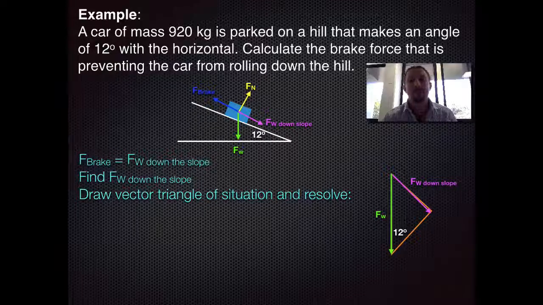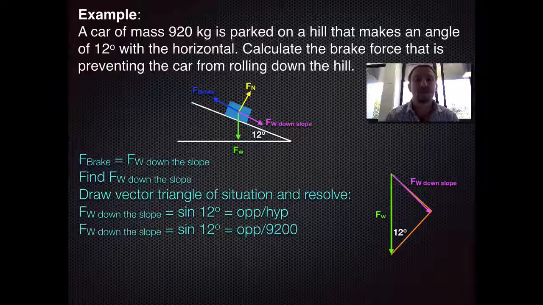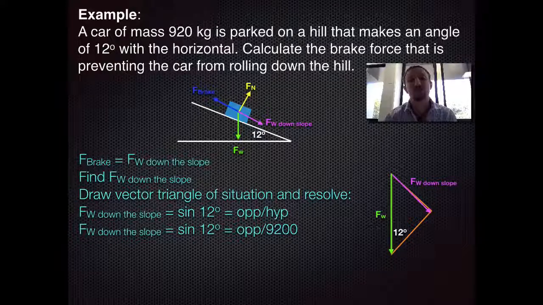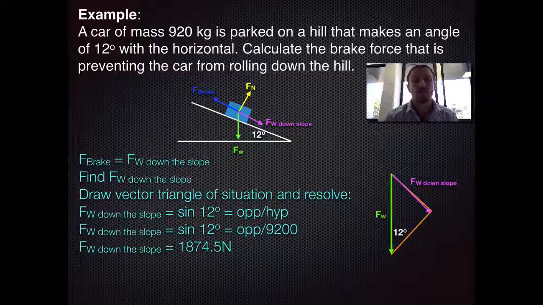So that basically is my piece of information which I'm going to utilize using trigonometry. So I can find my weight force down the slope because it's the opposite against the hypotenuse. I know the hypotenuse because that's the weight force, so it's 9,200 newtons. Remember, I've got to multiply it by 10, or 9.81 if that's the way you're going to be using to calculate that weight force. So I can rearrange it to find the opposite, or the weight force down the slope is